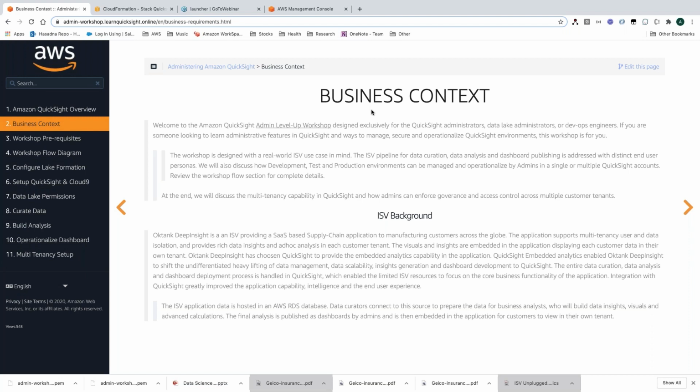And we will also talk about how an analysis or a dashboard could be published or standardized for the multi-tenant environment. So that is the scenario. All the details are pasted up here. For the workshop, which